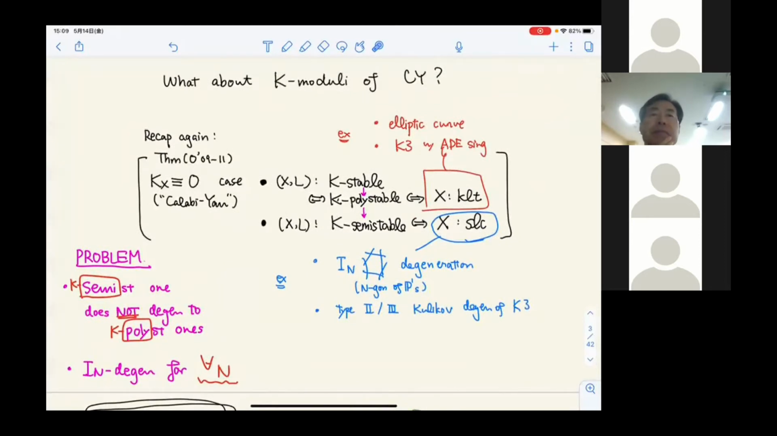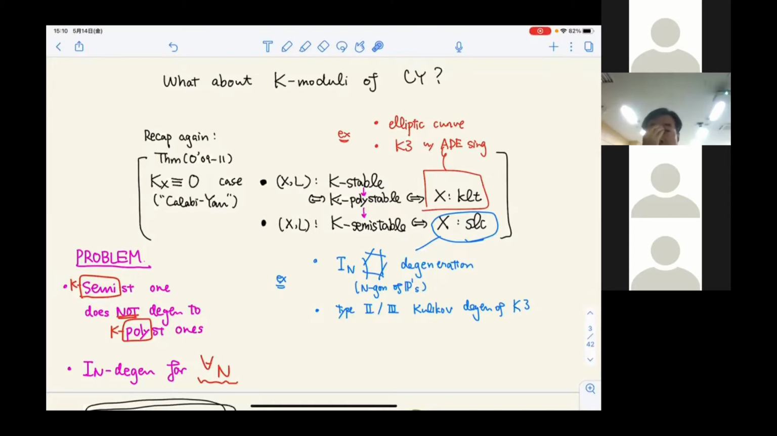So in the K0 case, the Calabi-Yau case in some broad sense, K-stability is equivalent to log terminality, and semi-stability is equivalent to semi-log canonicity. So, for example, in the curve case, KLT of course requires normality. So it just does not allow degeneration. So it's just an elliptic curve, and